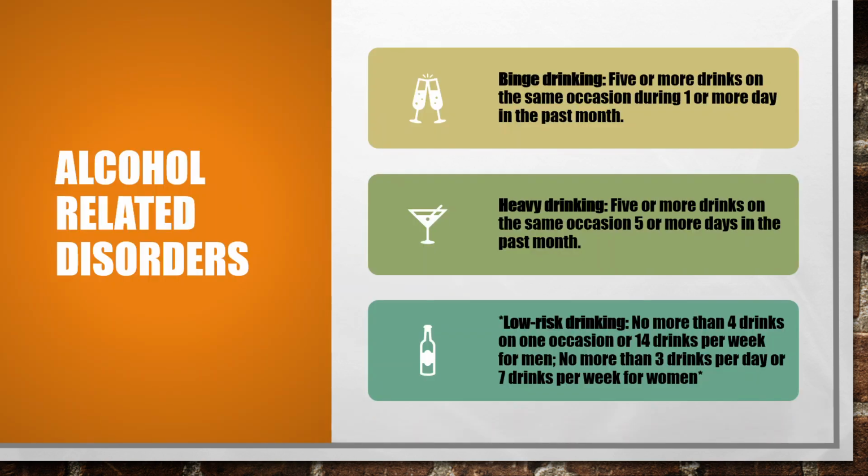So alcohol-related disorders, just some more terms to understand too. And it's always impressive. I enjoy this lecture, especially when you're live and people realize, oh my gosh, I've had a binge drinking episode. Okay, binge drinking is 5 or more drinks on the same occasion during 1 or more days in the past month. So here I'll just talk about the man who had a 6-pack. Okay, he technically had a binge drinking episode. Okay. So heavy drinking is 5 or more drinks on the same occasion for 5 or more days in the